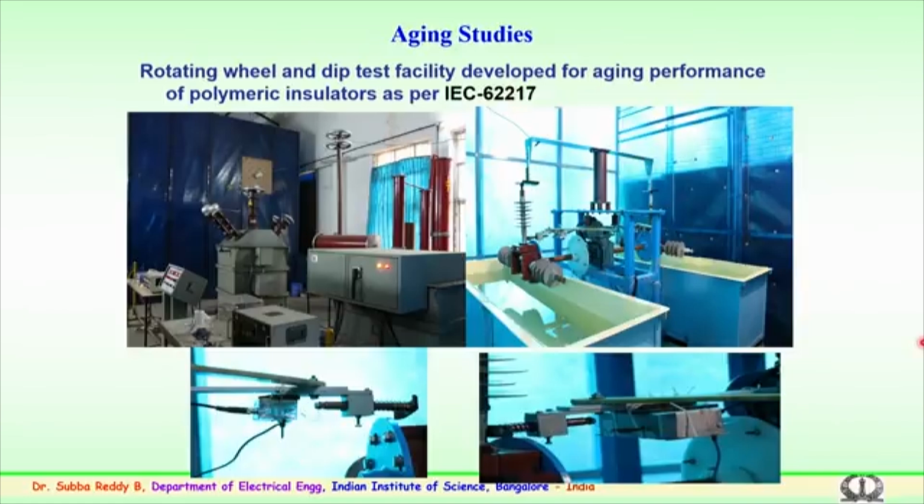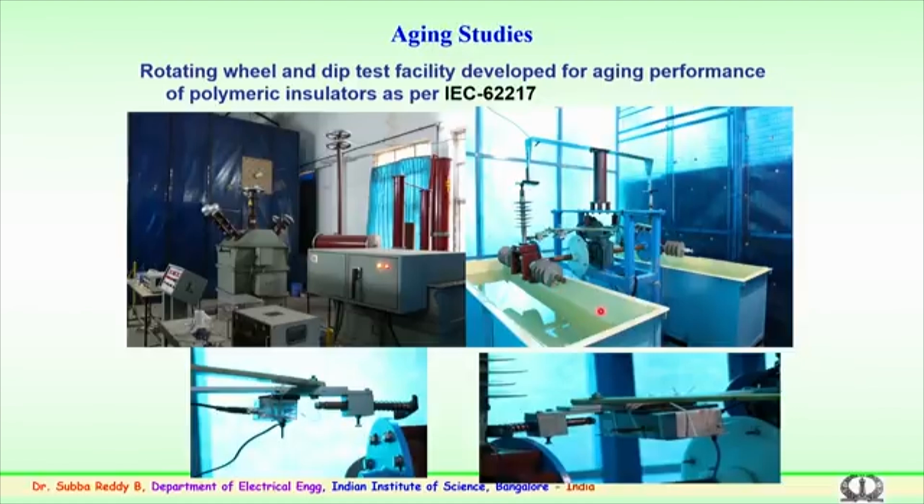For both AC and DC, the facility has been developed. You can see here we have an AC transformer, we have a rectifier unit. In case of AC, we directly use it from the transformer bushing. In case of rectification, we use diode rectification with a coupling capacitor, which gives very little ripple, and this is applied here. So, the voltage is applied to this